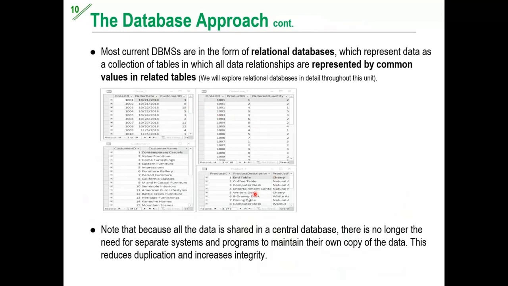So if you build this kind of database, the information is not redundant, right? We have only a single truth of information. For example, customer details are not repeating; they are placed in one file called the customer file. Order details are not repeating; they are placed in one file called the order file, right? Similarly, the product details are not repeating; they are in the same one single file. So this is one of the advantages of